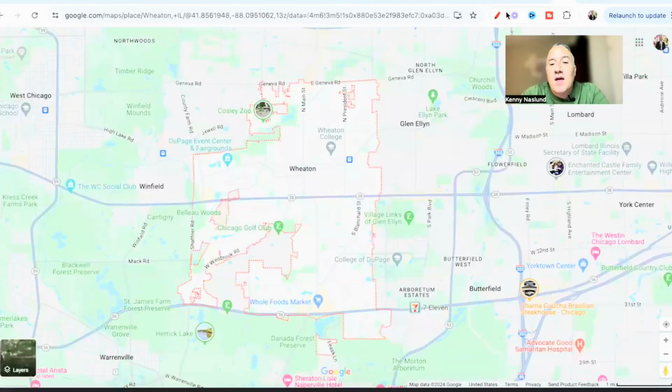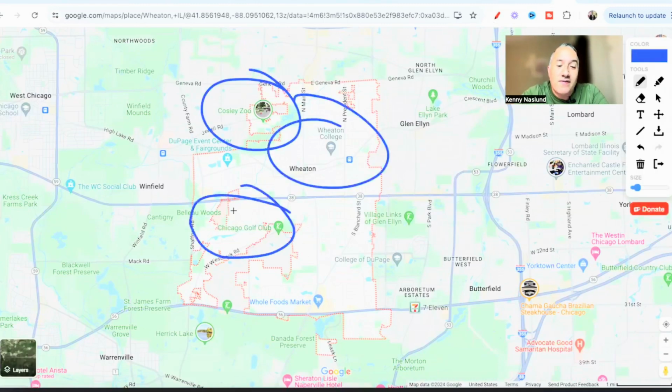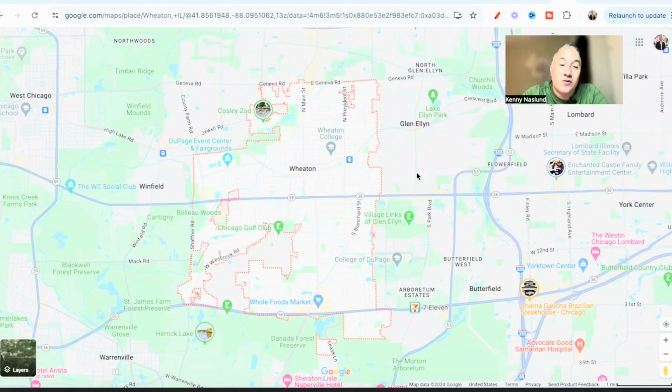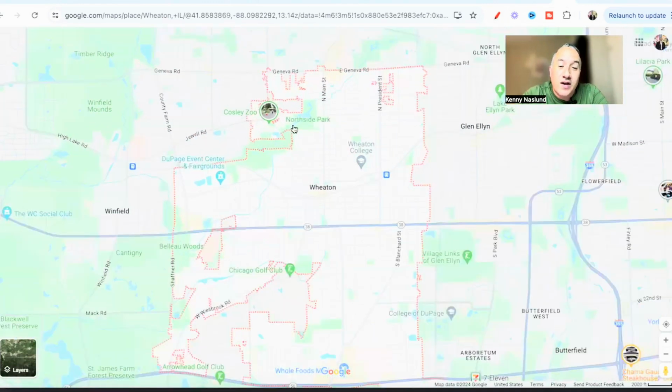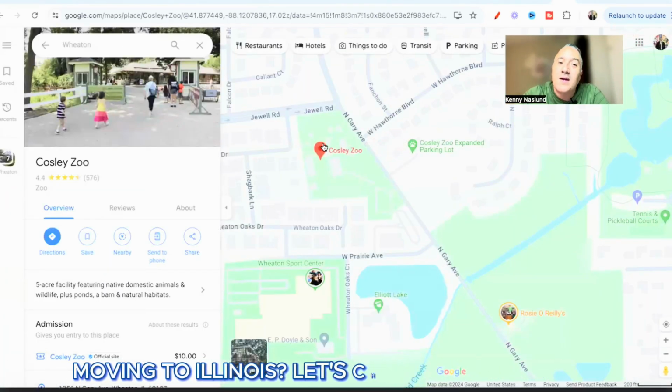Outside of that, we have a couple of things I want you to check out. We have Cosley Zoo, and we have Wheaton College, and then you have this golf club. All right, so for being 11.5 square miles, it packs a lot of stuff for you. I'm going to zoom into each one. Now, as we check out Cosley Zoo, it's not a big zoo,